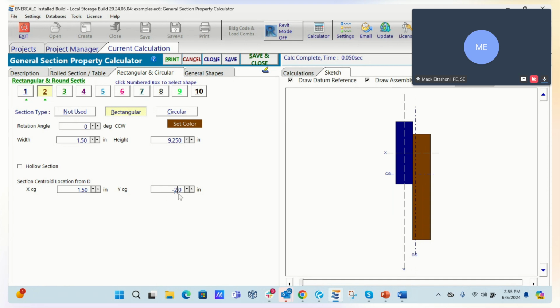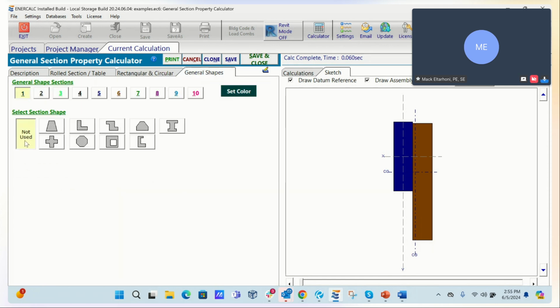Yeah, with a little bit of playing, just a little bit of math, you can do something like this fairly quickly. You have all kinds of shapes. You have a variety of things. You can do hollowed sections. You can do weird shapes. You can do everything you want.